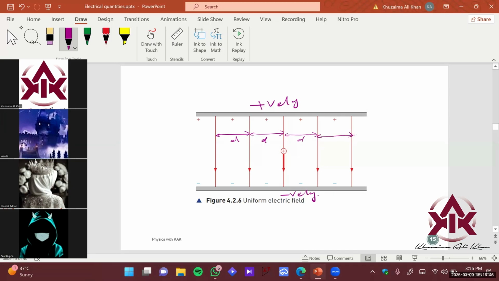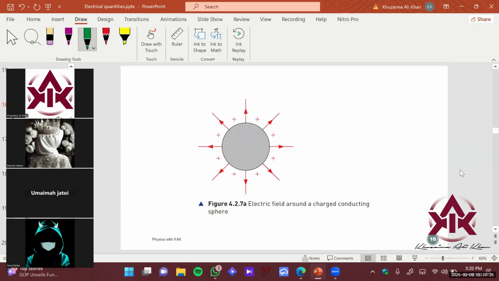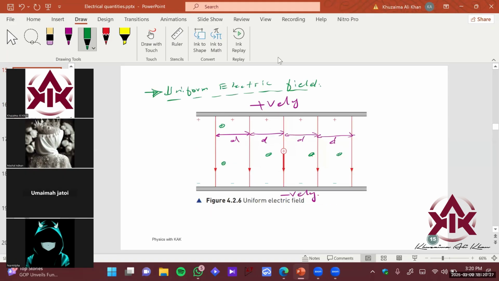A uniform electric field, right? Let's say you place the test charge here or here or here or here, or here. It will be experiencing the same force throughout the electric field here. So that is why it is called a uniform electric field, right? I hope it makes sense. If it makes sense, give me a thumbs up quickly. So we basically learned that we now have two types of electric fields here,